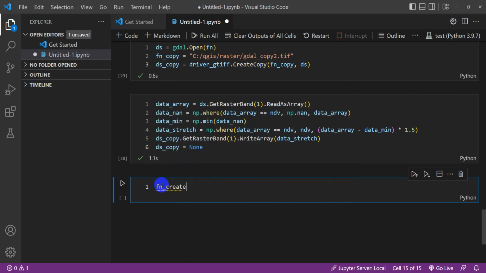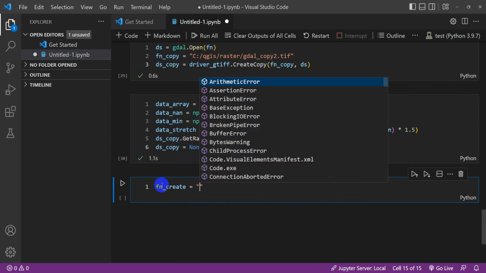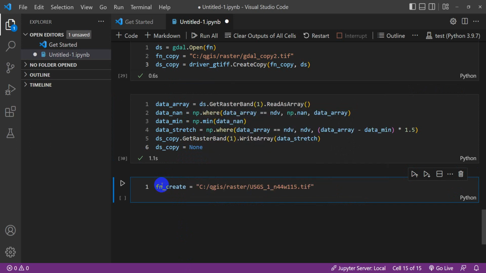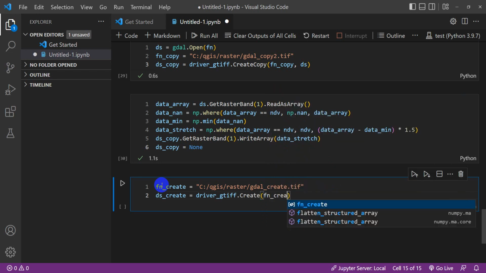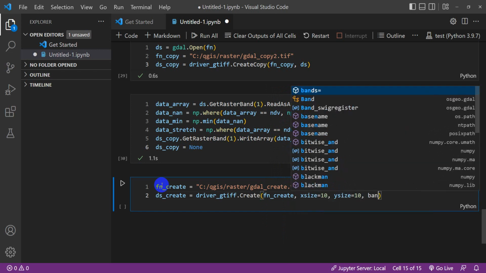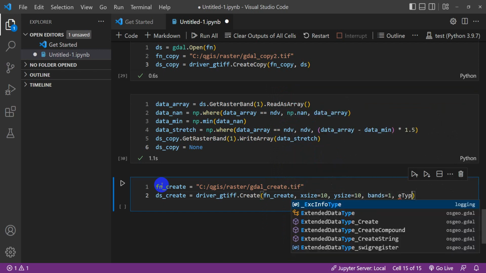So let's make a new file name. It's going to be fn_create equals, see if I still have a file saved, yep, and we'll call this gdal_create. I deleted this file, so we shouldn't run into the same problem we did before. So ds_create equals, we're going to use our driver again to create a data set. Driver GTiff, we're just going to use Create. Okay, and we're going to create it at the file path fn_create. We're going to make a very small raster. We're going to give it an xsize of 10, so 10 columns, ysize equals 10, 10 rows, bands equals 1, and the eType, this is the data type,